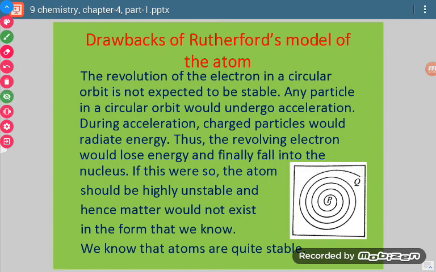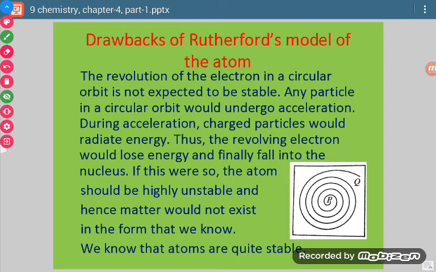Now the question comes whether we follow the Rutherford model or there was some drawback. So there was one drawback in Rutherford's model of an atom. Now what was the drawback? Rutherford said that electrons move around the nucleus at high speed and they move continuously. Now scientists studied this fact and they came to the conclusion that this was wrong. Whatever was said, that is wrong.